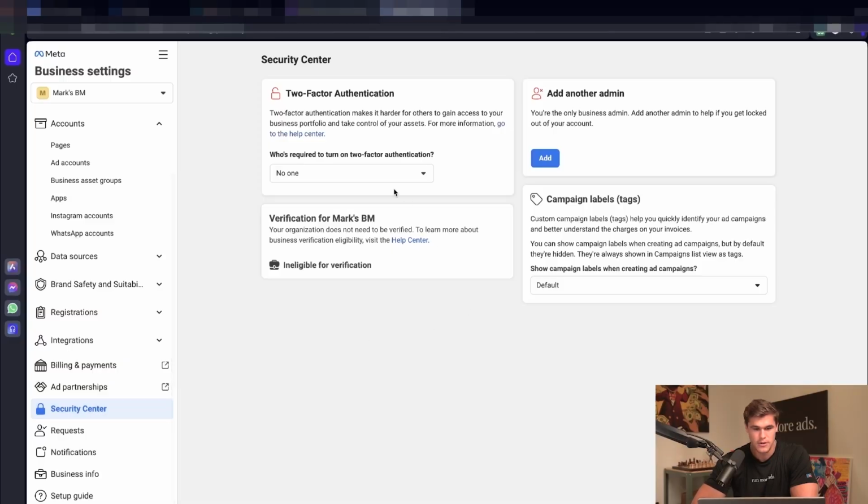it sucks. Just gonna go to Security Center right here, and right under two-factor authentication, we're going to hit everyone. And from there, you're good to go. 2FA will officially be set up anytime you try to log into the account. Now that we have kind of the general structure of the BM set up, we're gonna move into actually creating